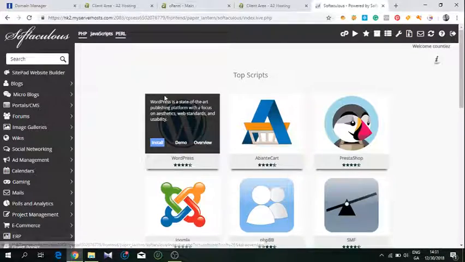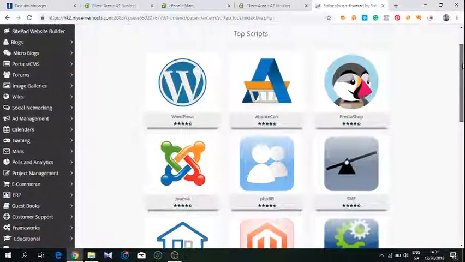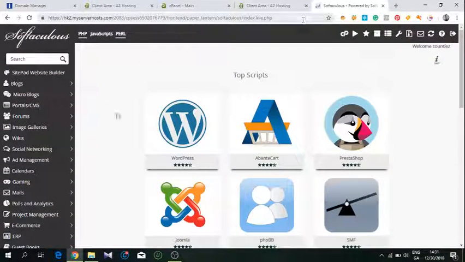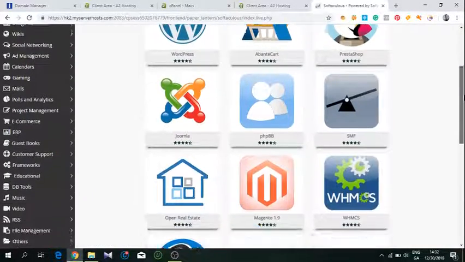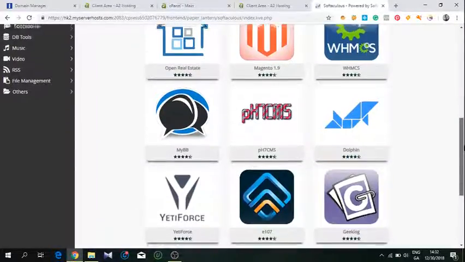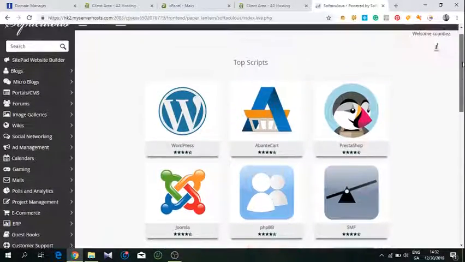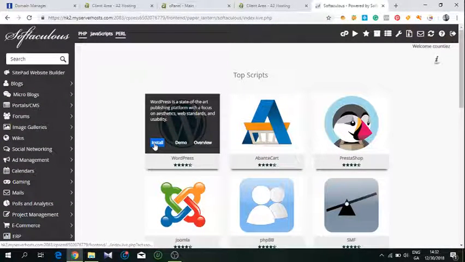So we simply click on Softaculous Apps and we're going to install our content management system, which is going to be number one, WordPress. Some people don't like WordPress, but most of them do. And I don't know why we wouldn't use WordPress if almost 70% of the websites on the internet, and there are trillions of them, are built on WordPress. As you see, there are different content management systems to use, but I mostly use WordPress. Sometimes I use Joomla, sometimes Drupal, which I don't see here for some reason. But we will use WordPress. We just click install,